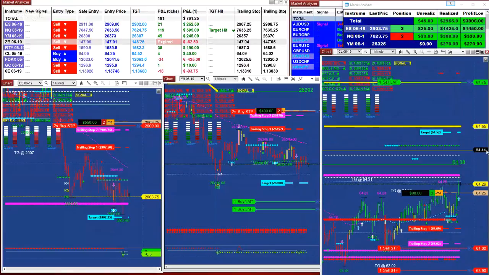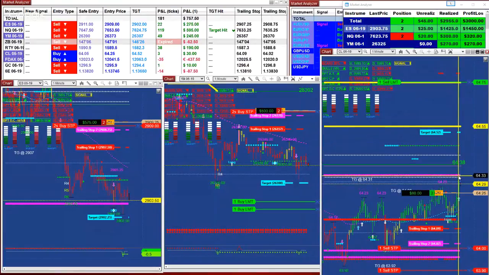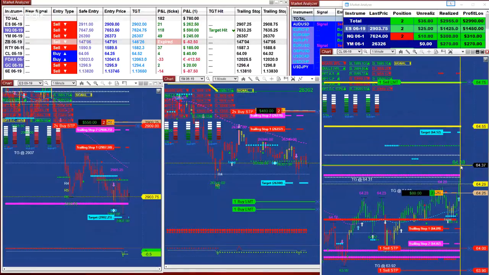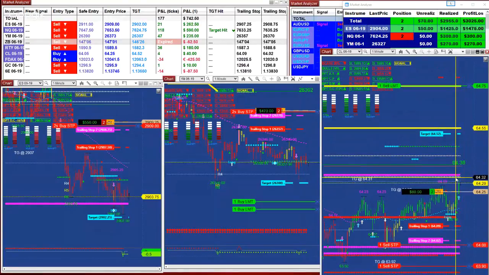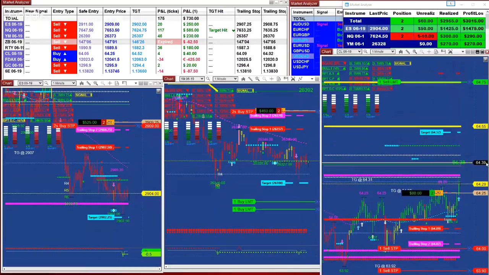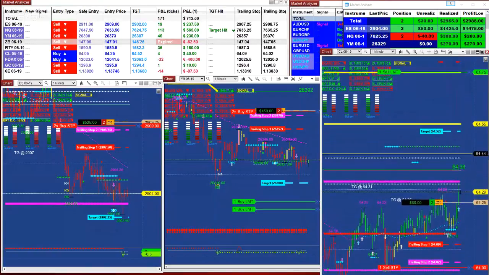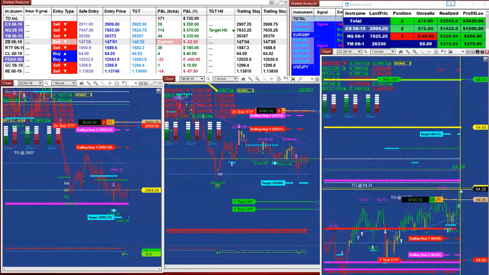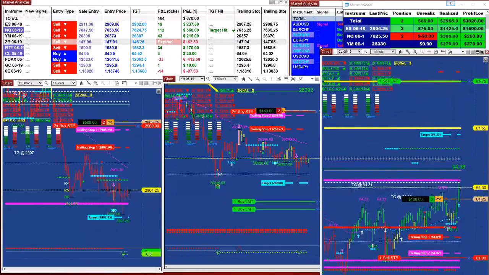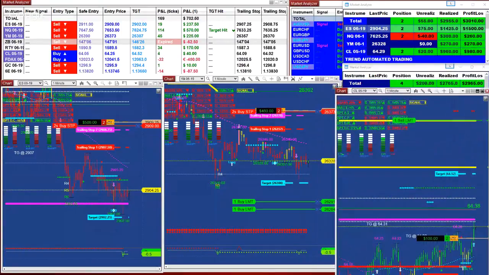Let's see if they are able to break the 64.33. And then we're going to have a problem with 64.38. Mark it on your chart. There is a double resistance. And if you want to just keep your hand very close to the trade,